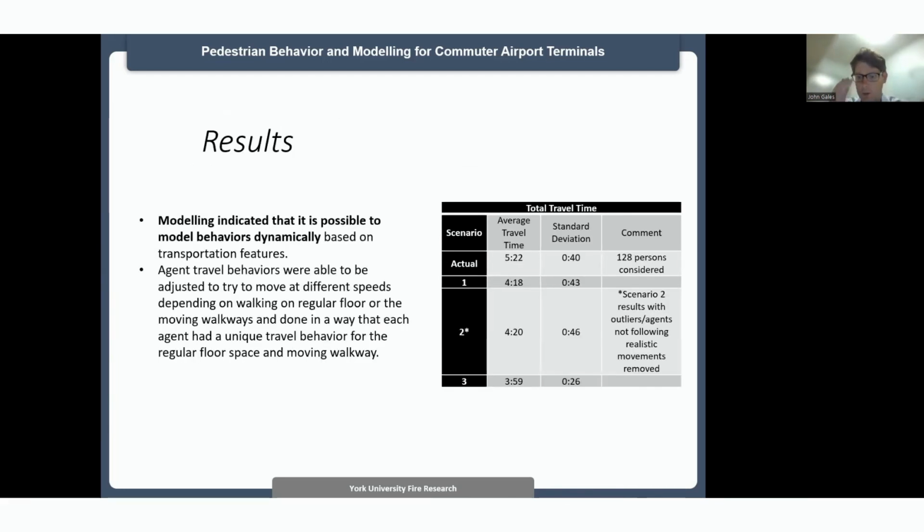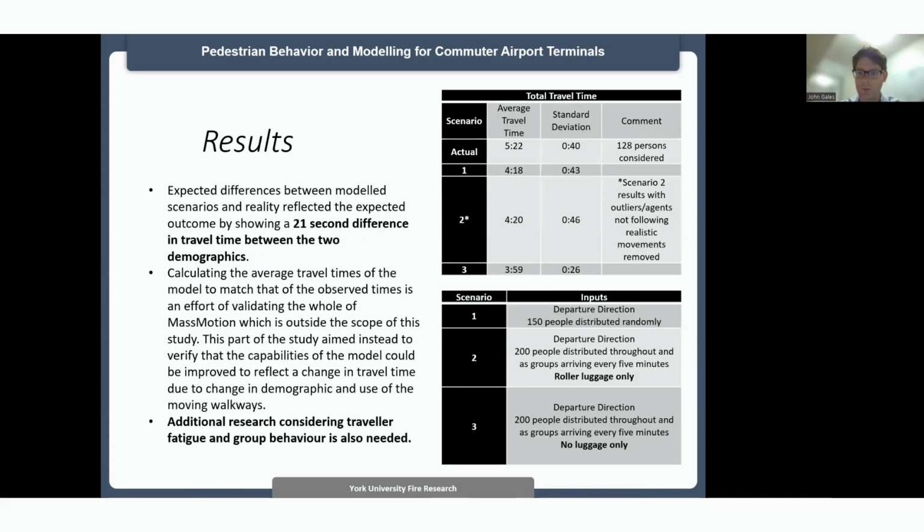And in comparison to the actual average travel times through the corridors, we were close, but it wasn't exact, and we're principally believing that this may have to do with some aspects of fatigue and maybe some group aspects or some travel events that maybe weren't caught on camera. So there's some additional analysis that needs to follow when it comes to interpreting the modeling results in relation to the actual data collection that we've done. But it's fairly exciting what's coming out.